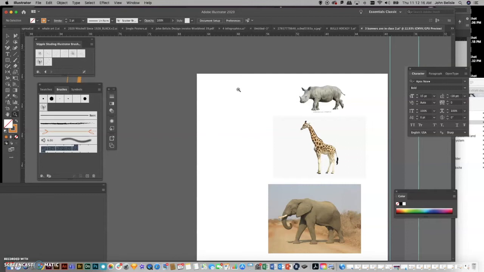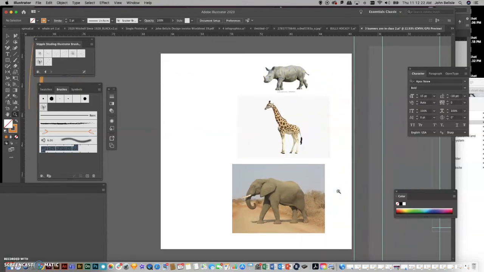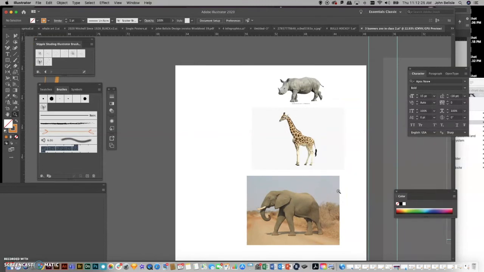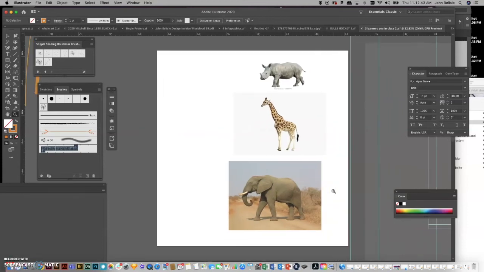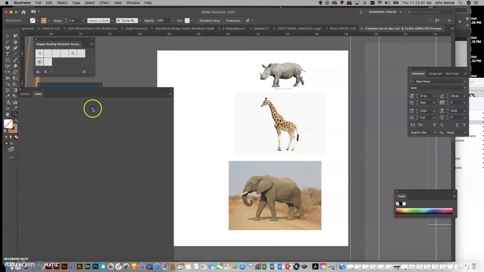So the things we are going to try to balance today are creating 3 stylized iconic illustrations in Illustrator, using a simple 3-color palette, and adding text to each one of these banners. These banners are going to end up being 11 by 20 inches, just like our poster project. We're going to create them in Illustrator, and I'm going to take you through some very basic ways that I